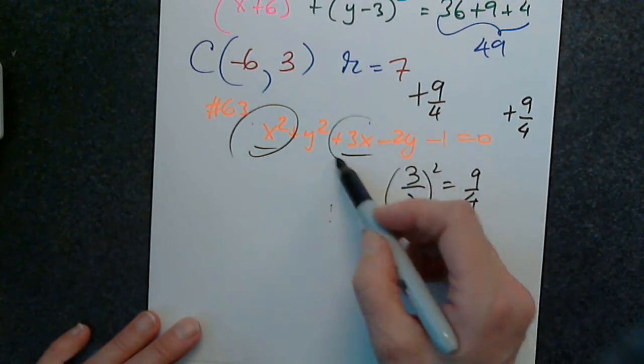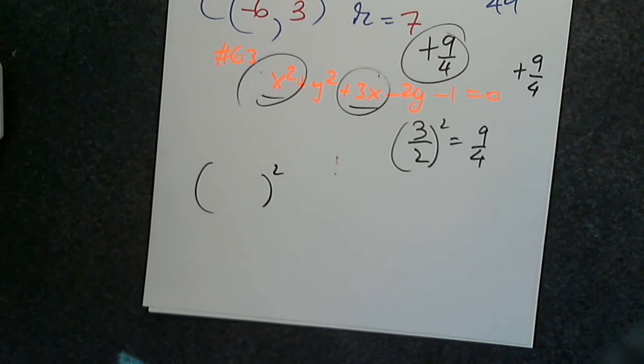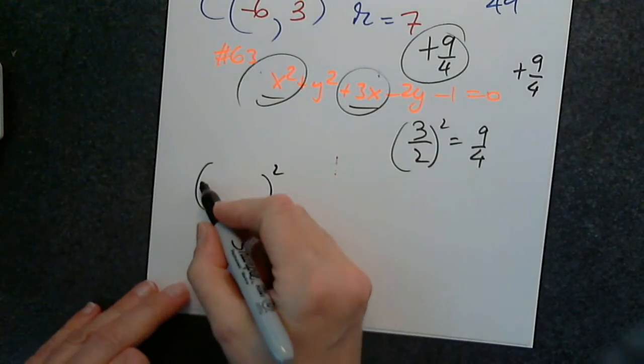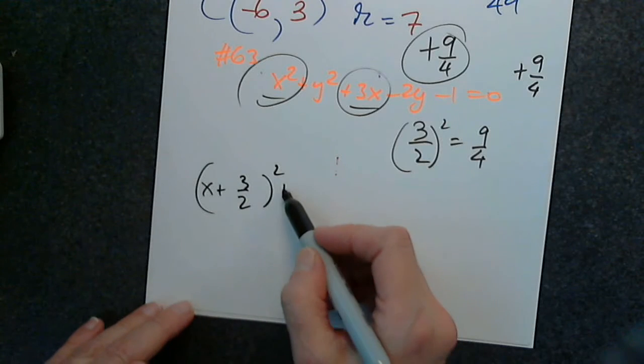Now this and this and this, what perfect square do they form? (x plus 3/2) squared plus,